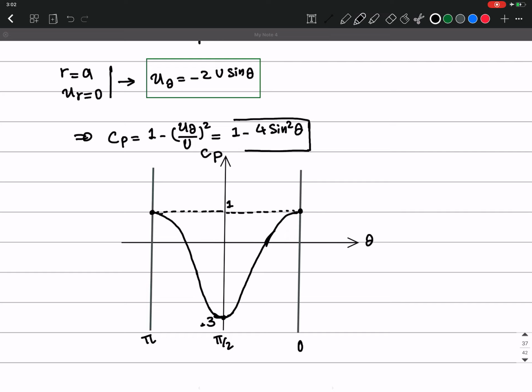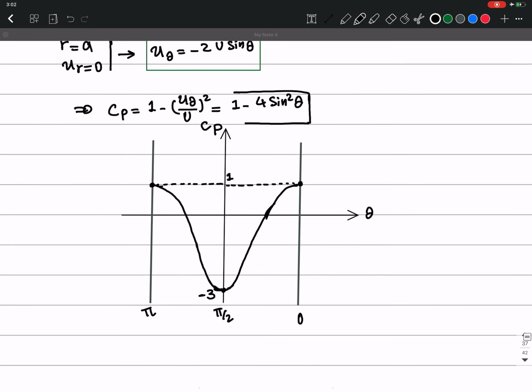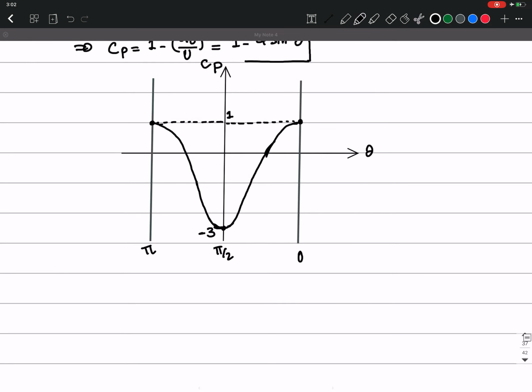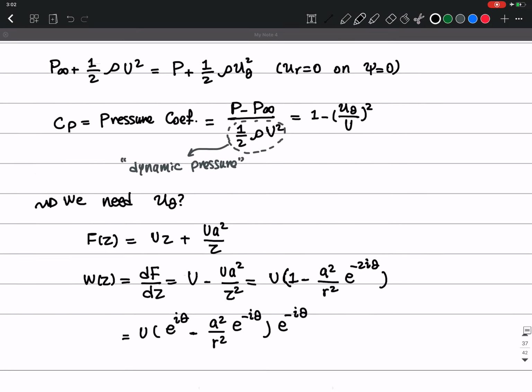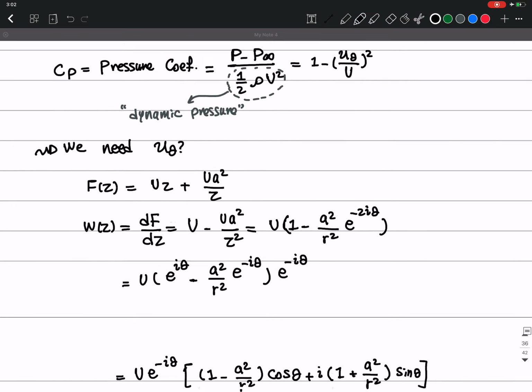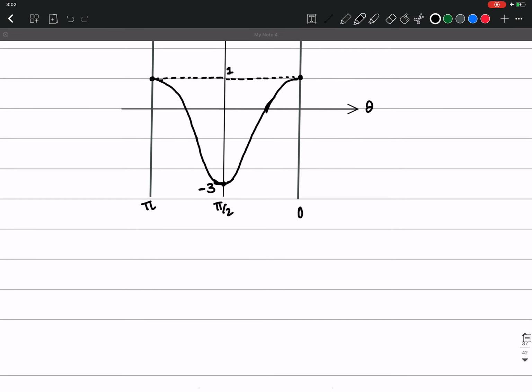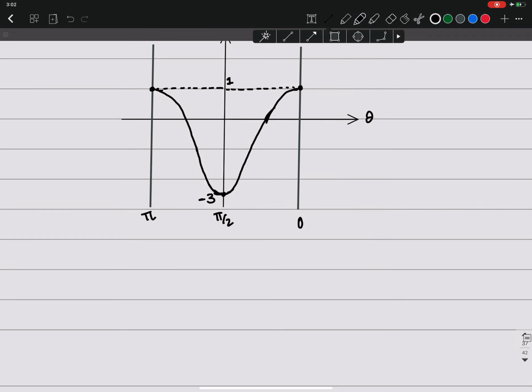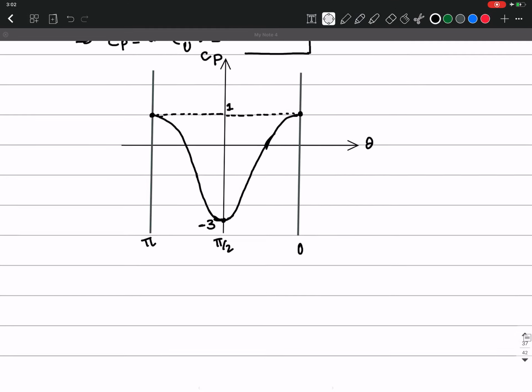Okay. So what's going to happen is like this. So if we have, say, this circle here,